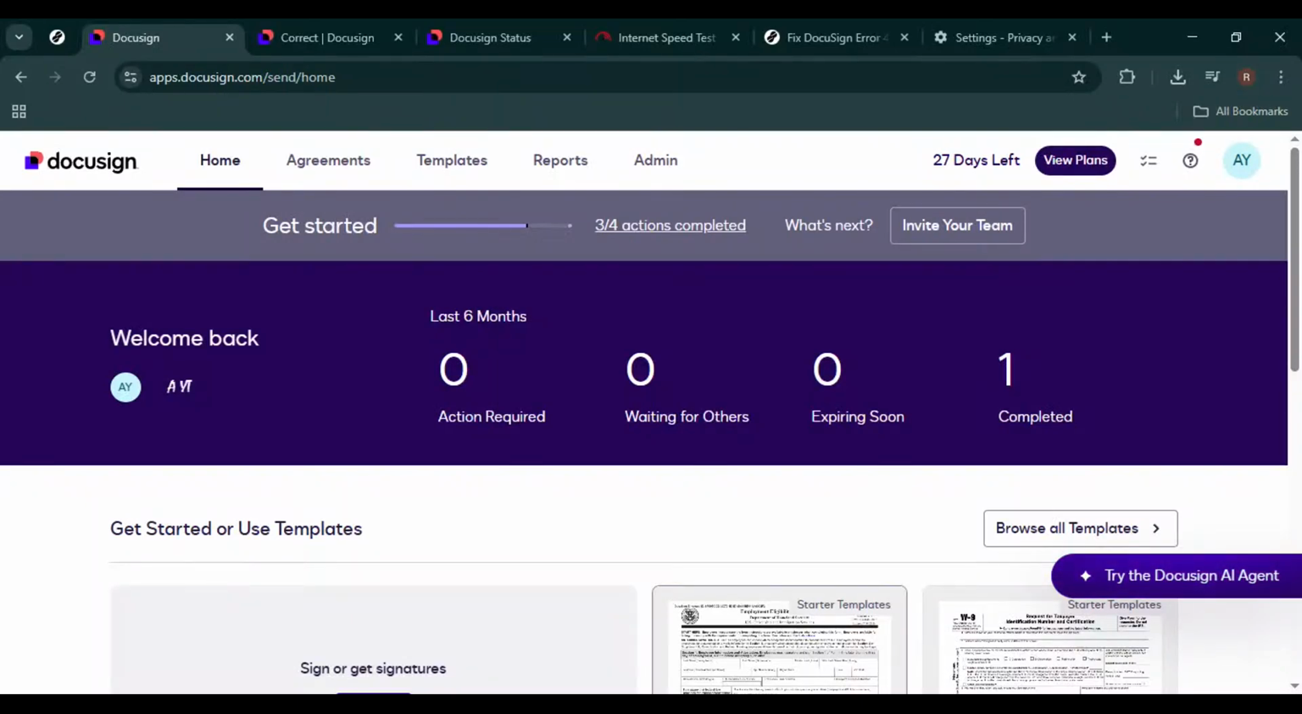In today's video, I'm going to show you how to fix DocuSign Error 401 quickly and easily. If you're seeing a 401 unauthorized error when trying to send or prepare an envelope in DocuSign, don't worry. This is usually related to login sessions, account permissions, or browser issues, and it can be resolved in just a few minutes. I'll walk you through 6 simple fixes, step by step, so you can get back to sending documents